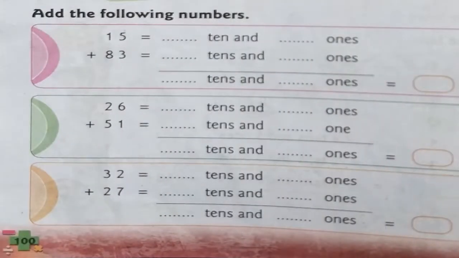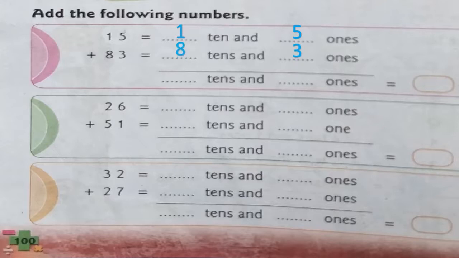Children, now let's solve few more examples in our textbook. Open your composite book, turn to page number 100 and write today's date. Now let's start. You have to add the following numbers. First we have to expand the numbers and then add. Okay, so we have to add here 15 plus 83. So tell me what I have to write there. Dash tens plus dash ones. Yes, it is 1 ten and 5 ones. Very good. Now when you expand number 83, what should I write? In tens place, yes, it should be 8, and in ones place it should be 3.